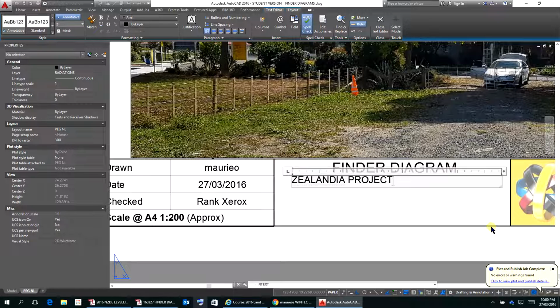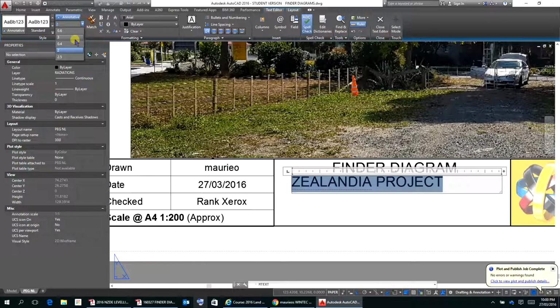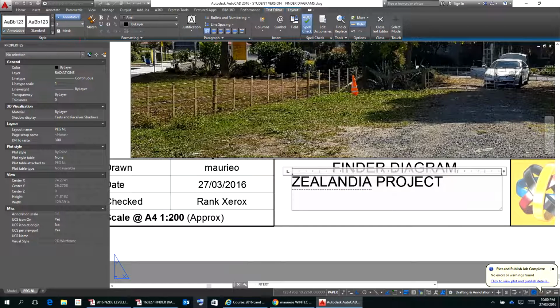Zealandia project. I'm going to make that about height 3, like that there. So I just choose height 3 here. That won't be bold, and then I'm going to put in here peg NL, and that's going to be in bold,